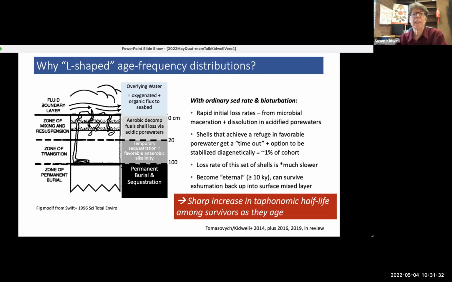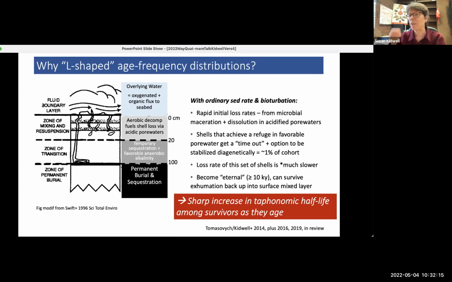Now, why do we have these strongly L-shaped frequency distributions, a little mechanistically? I'm going to keep this to one slide because I otherwise get obsessed. Adam and I find that this is not a single simple exponential function, but that when you have ordinary sedimentation rates and bioturbation, what happens is that initially the first cohort, there's abundant shells, and that's because they're newly input, but those freshly dead shells degrade very rapidly. You rapidly deplete individuals from that cohort from all different kinds of processes. And this is because they're residing in that upper surface mixed layer with aerobic decomposition that almost always creates acidic